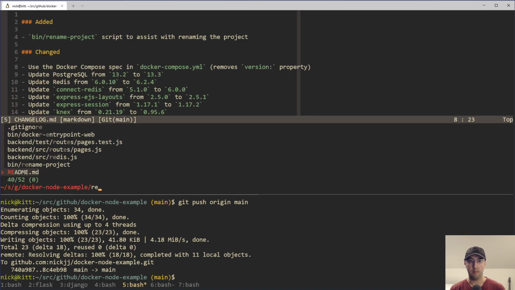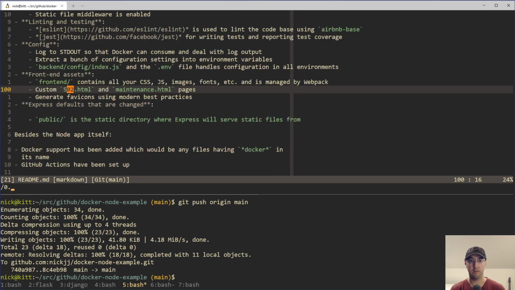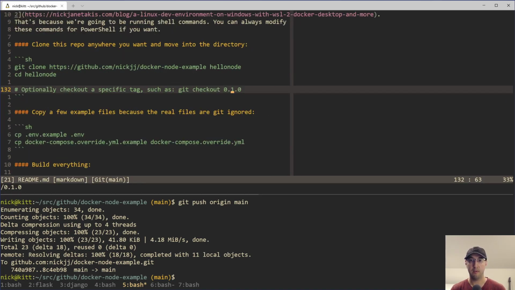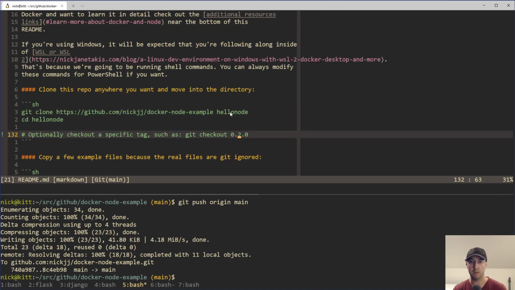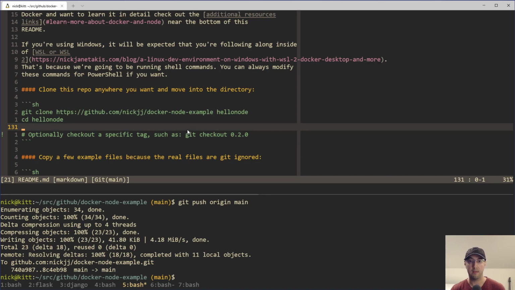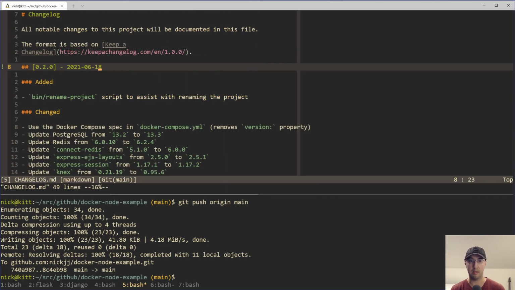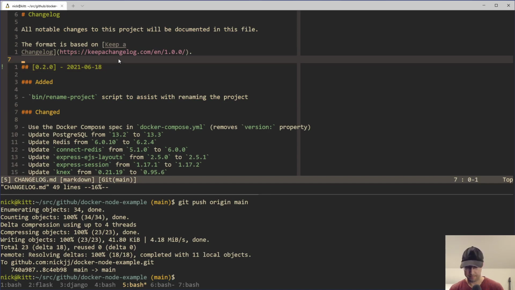I need to go to the README file and do a search for 1.0, because in the README file itself I have the instructions near the top saying, hey, first steps are to clone the repo. Also, if you don't want to use the master branch, you can check out the latest release. So it's really important to put the latest release number here. And that's actually it for that, but not quite, because I also need to put